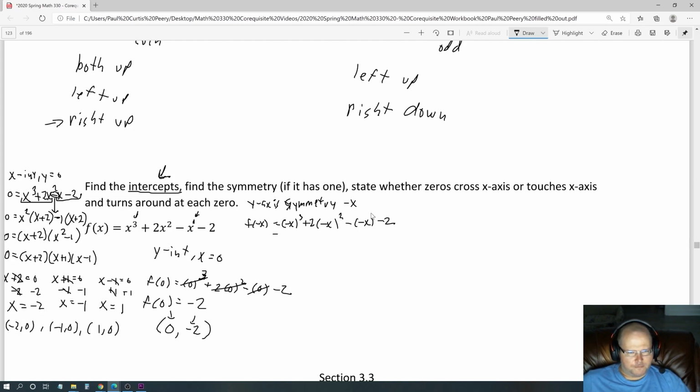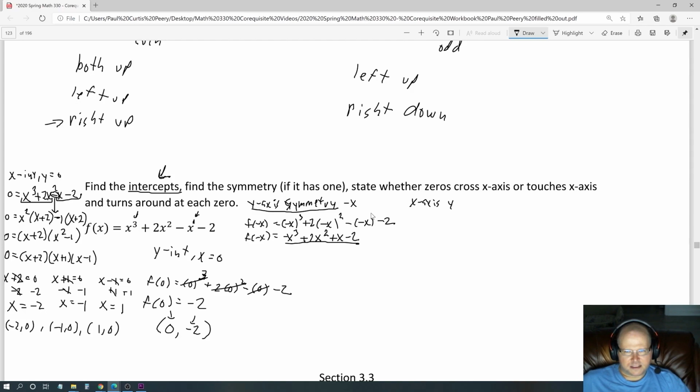Okay, so we say negative x cubed is negative x cubed plus 2 times negative x squared is x squared. Subtracting negative x is the same as adding x, and negative 2. And as we see, we did not, in fact, get back the original equation, so this does not have y-axis symmetry. Okay, so let's instead try